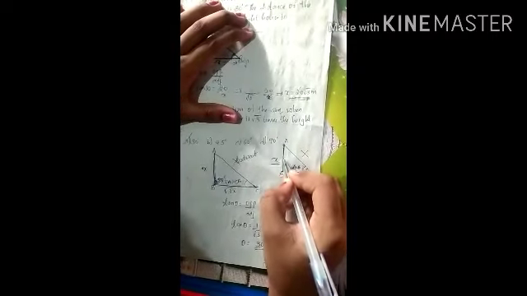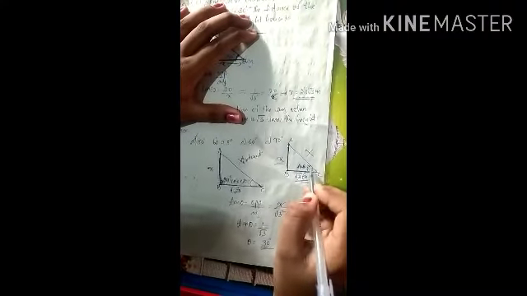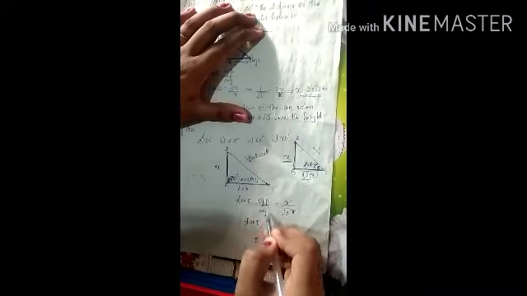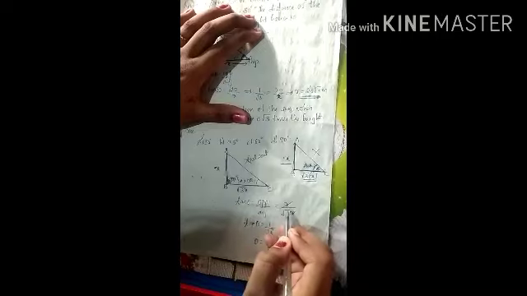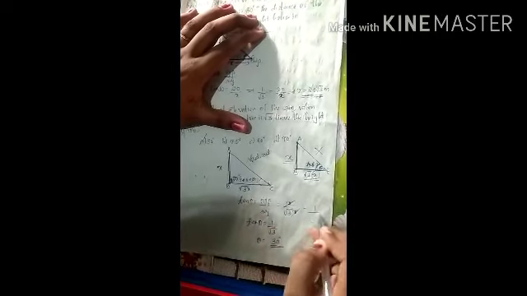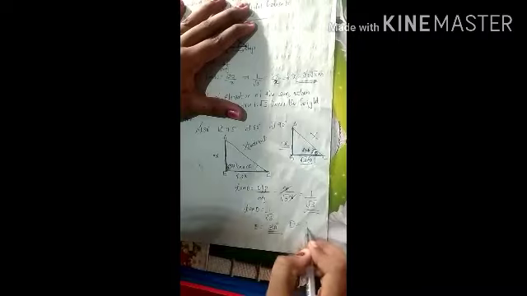Okay friends, here the tree height is x and here the shadow is root 3 times the tree height, so root 3x. Next, the angle of elevation we don't know. We are having the opposite side and adjacent side. Tan theta equals opposite side by adjacent side, right? Opposite side is x, by adjacent side root 3x. X cancels, so what did we get? 1 by root 3. In tan values, where will we get 1 by root 3? In 30 degrees. So our theta value is 30 degrees. Understood?